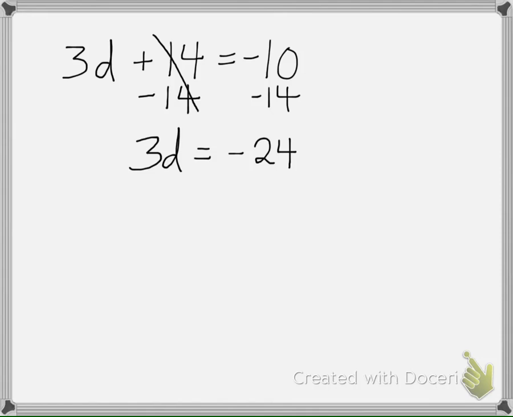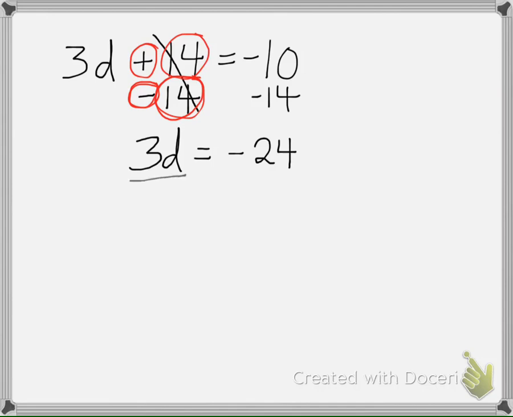Negative 10 minus 14. Notice this is a positive 14 we're subtracting. It's a subtraction symbol. We're subtracting the number, but the number itself is a positive number because I added positive 14, so I'm subtracting positive 14. So negative 10 minus 14 gives me negative 24. And then from there,